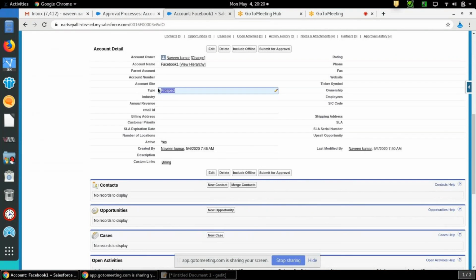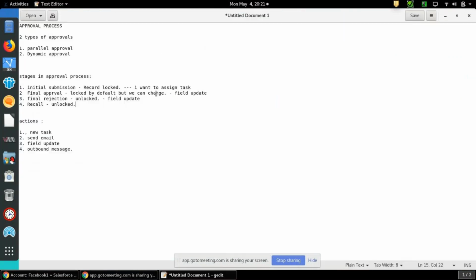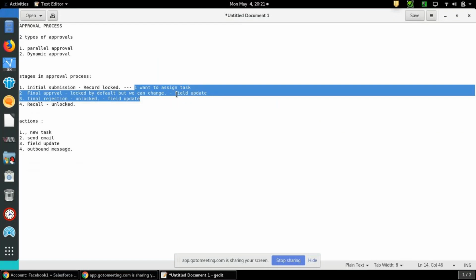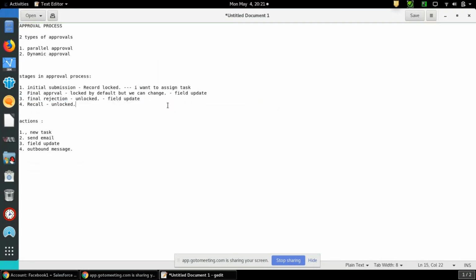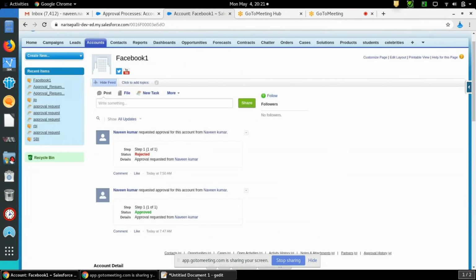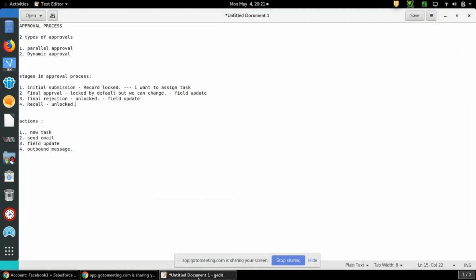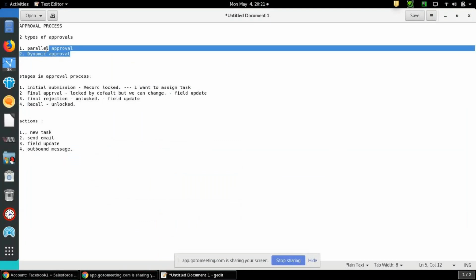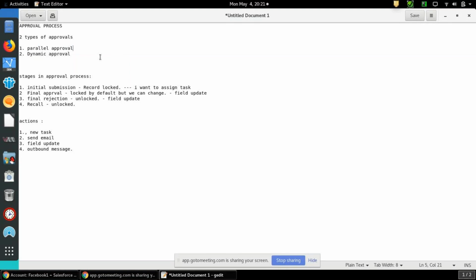So all the scenarios we have taken today, like assigning a task, field update, sending an email alert, everything we have seen. So this is about the approval process. Okay, I'll just recap it. There are two types of approval: parallel approval and dynamic approval. Parallel approval is where everyone has to approve. Suppose four approvers are there, everyone has to approve, otherwise it won't go further.